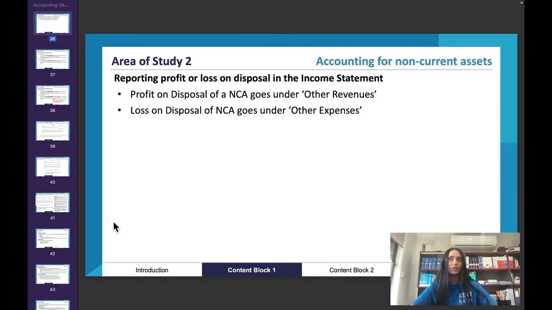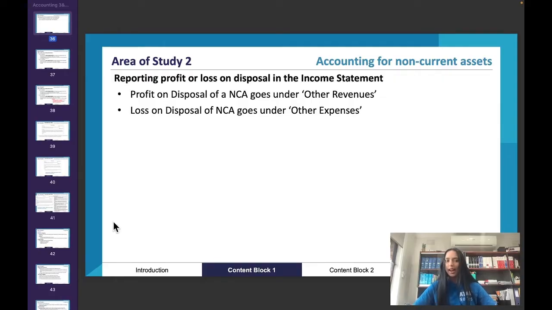And it's really, really important that you understand that, because that is a theory question that they could ask you. Why does this revenue go here on the income statement? Or why does this expense go here on the income statement? And you really need to have a good understanding of the order of the income statement. It's not just memorizing the order, knowing it's cash sales, credit sales, less sales returns, less cost of goods sold, gross profit, less inventory loss, less inventory write down, adjusted gross profit, add other revenues, less other expenses, net profit or loss. It's not just knowing that order, it's also understanding